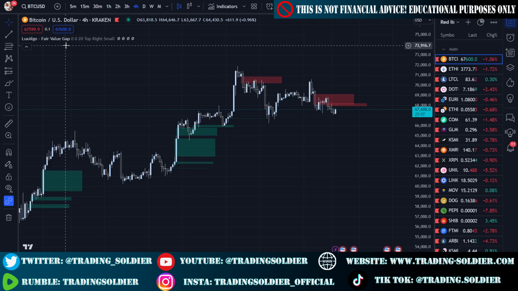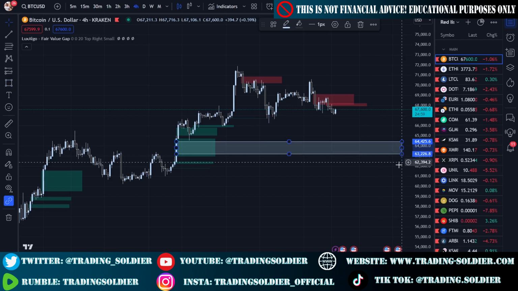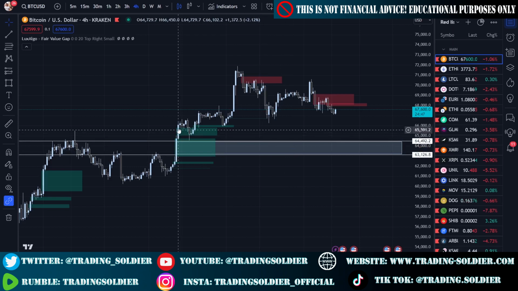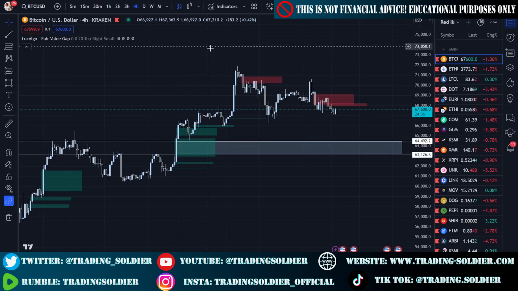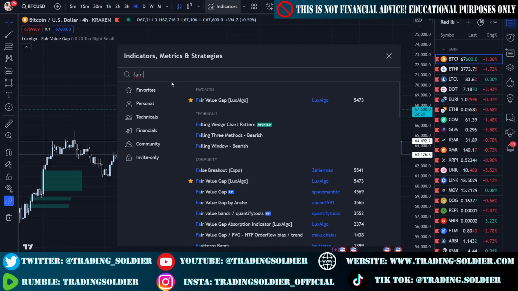The cool feature about this indicator is that usually you have to draw these fair value gaps by hand with the rectangle tool in TradingView, or draw them with lines, for example, this way. You can draw the fair value gap with lines, and you have to do it manually, but this indicator allows you to use it automatically. It auto-detects the bullish fair value gaps and the bearish fair value gaps. How can we use this indicator in our chart? Basically, we have to go here into the Indicators tab of TradingView and search for fair